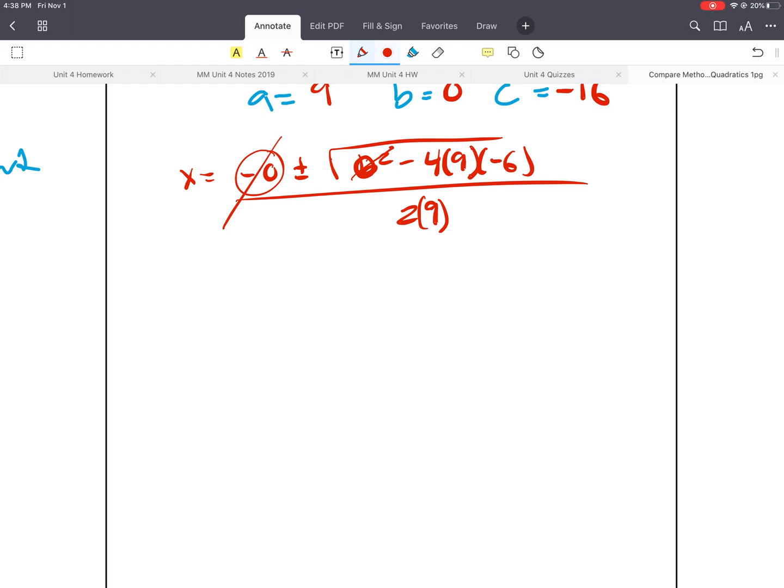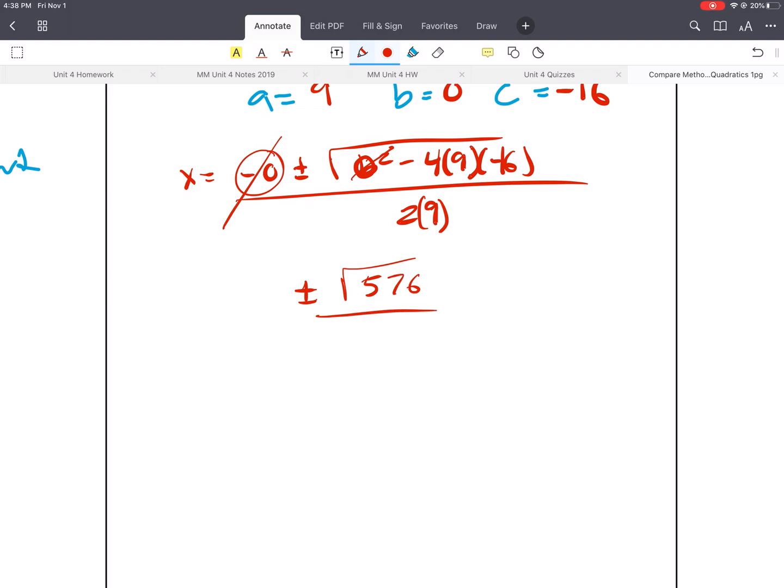Oh, sorry, that was 16. That's why I'm getting messed up. Negative 16. So it'd be negative 4 times 9 times negative 16. Sorry, I got it wrong. Okay, got it. So we have plus or minus the square root of